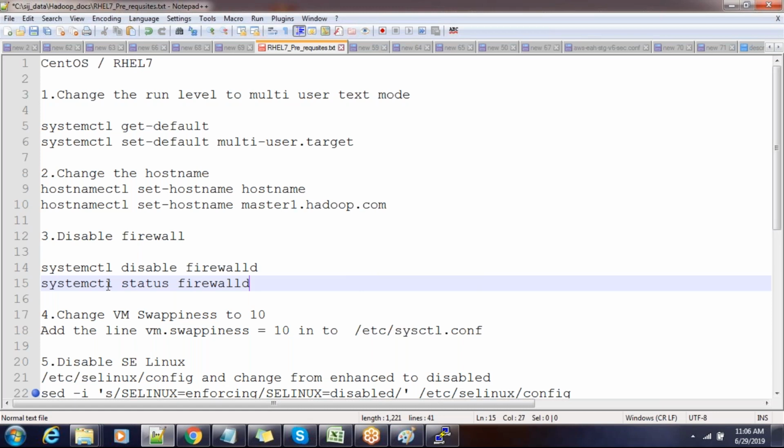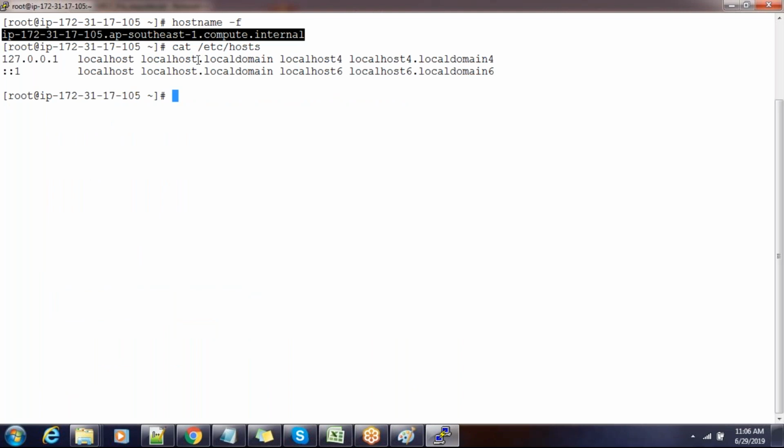The next is firewall disabling. The problem here is that our cluster components completely depend on a lot of ports, and communication happens between the servers. Maybe we have 10 or 20 or 100 servers, so all this communication will happen in between and we have to open certain ports. Not all the ports: maybe Cloudera Manager or Ambari uses some port, HTTP uses another port, whatever components we have available. We have to identify those ports and inform the firewall team that these are the ports we need to open.